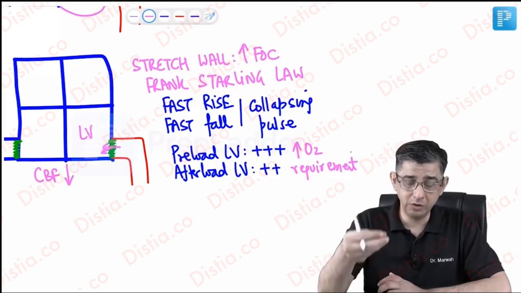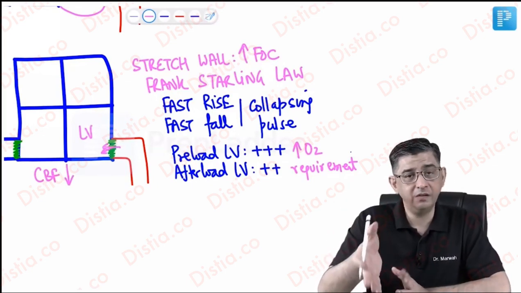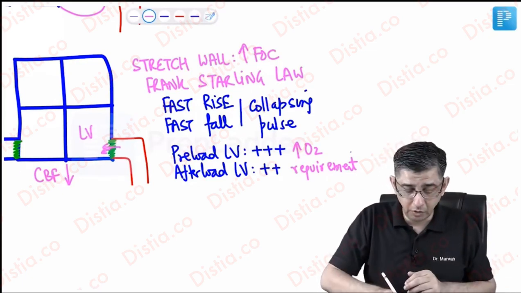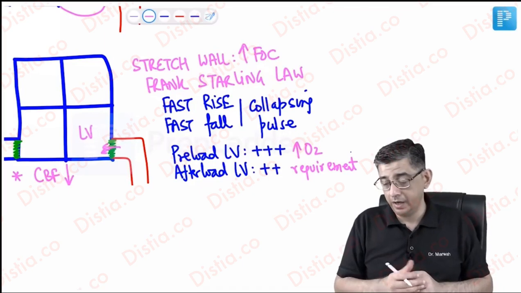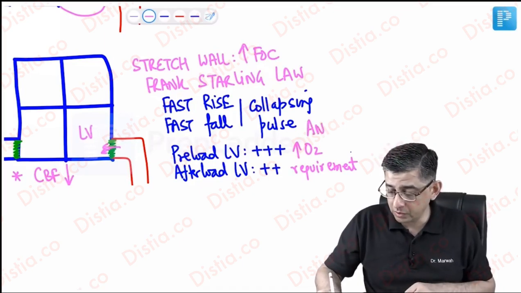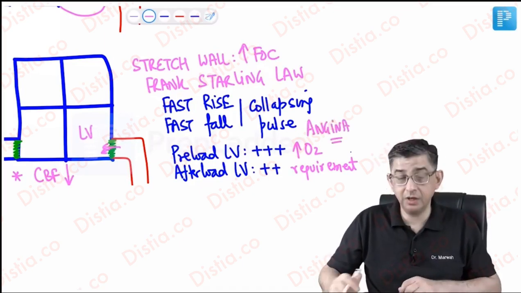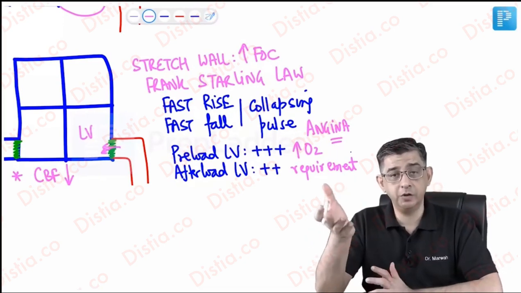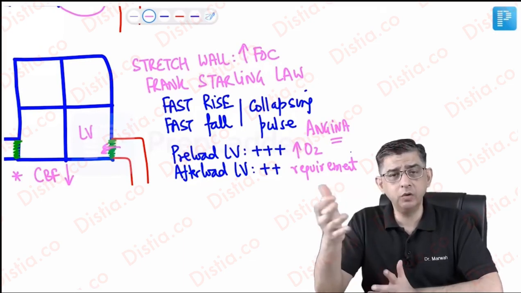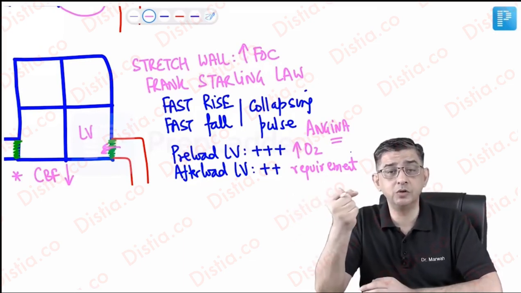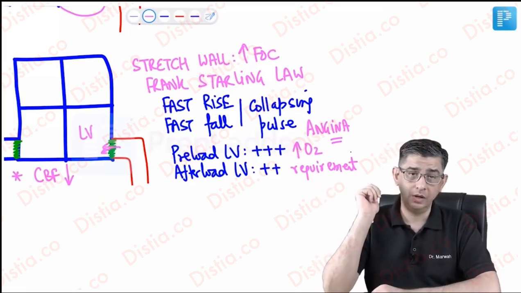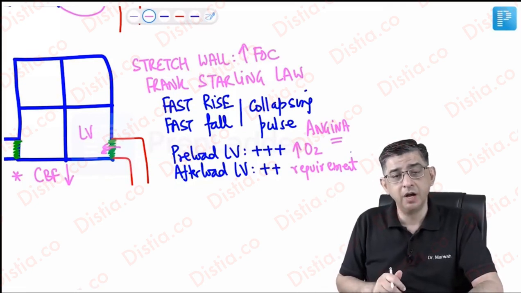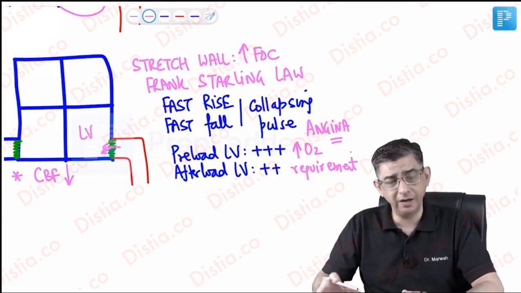Why? Because this blood was supposed to go into the coronaries. It is rather a waste that instead of going into coronaries, it is going back into the chamber of the LV. This decreased coronary blood flow will again explain why angina will also be experienced in these patients, and for management of this angina, when you give nitrates, the response will be limited. Why I'm saying limited is because traditionally nitrates are very, very good for angina because they dilate the arteries, but those dilated arteries should be having some blood also, no? Here the blood is rather being diverted back into the ventricular chamber, so the nitrates will